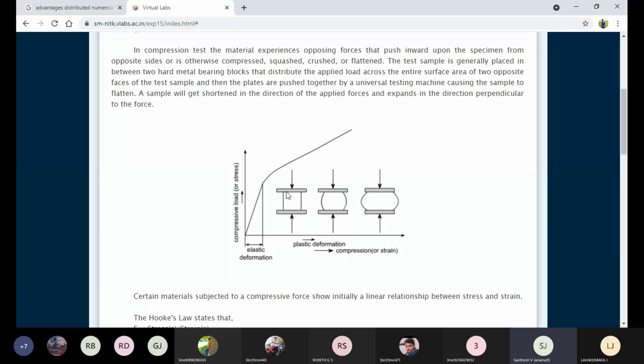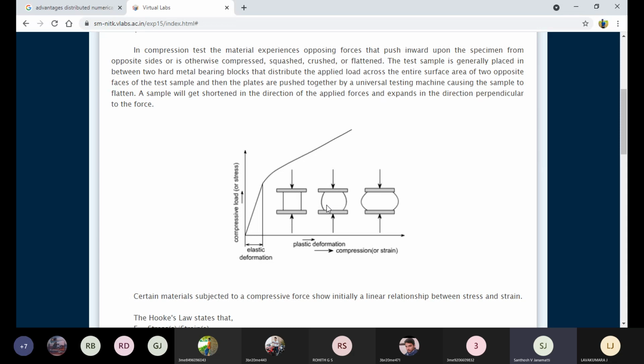That you have to note down. At what point does deformation take place? Here the second image indicates that the deformation takes place at a certain load. That is around, I don't know, a certain amount of load. You have to note down that beginning deformation load. Now that the deformation has taken place, you have to note down that load. At this point of load, the material deformation takes place.